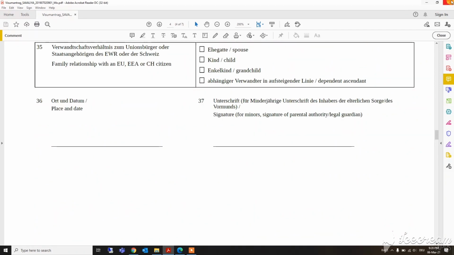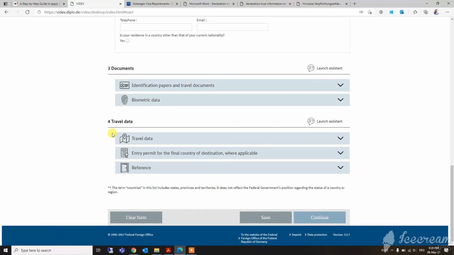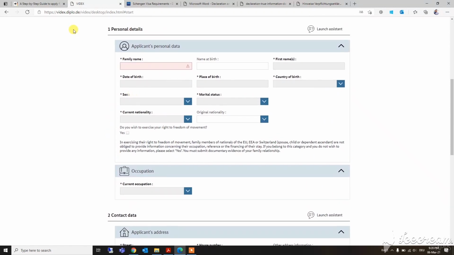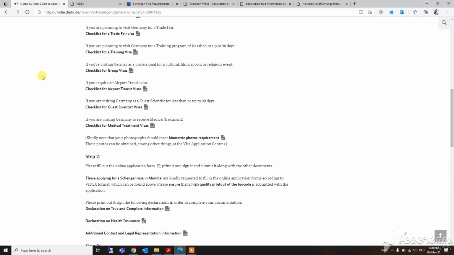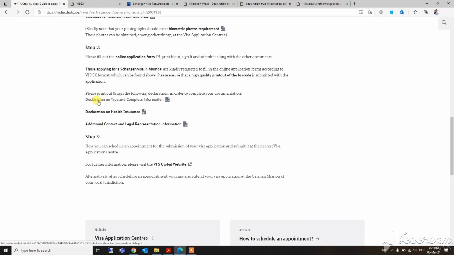So this form you need to submit, the original form with the original signature, to that visa office, along with the other documents we discussed in our checklist before. Then in step 2 there are also three other things you can see here. So if you click here,